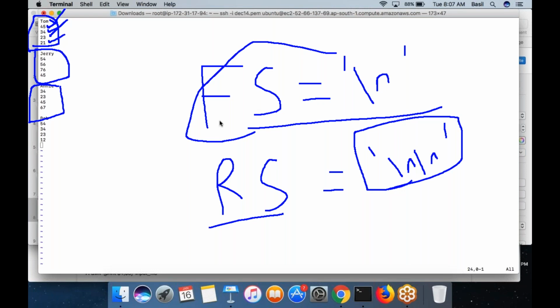So basically, if you set FS equal to backslash n and RS equal to double new line, what actually happens is these records would be printed into each line. This is the first record, second record, third record, and fourth record. And for each record, there are 5 fields. The fields are separated by line.